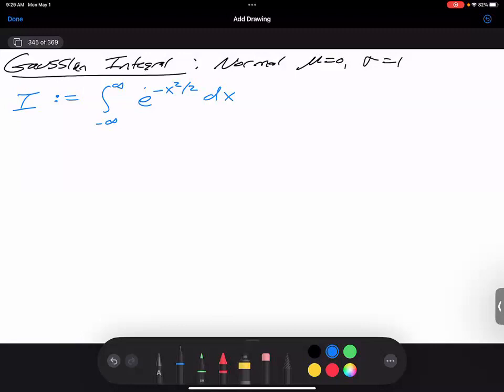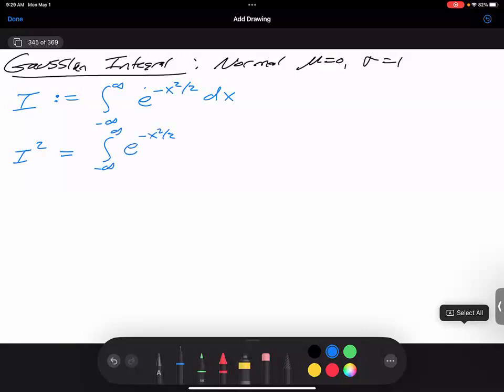We can play some games and whatnot. But how do we know what the normalization constant is? How do we know what to put in? We know half the integral comes up to 0, but how do we know what that value is? It's a beautiful trick. Do you agree that I squared is the integral from negative infinity to infinity of e to the negative x squared over 2 dx